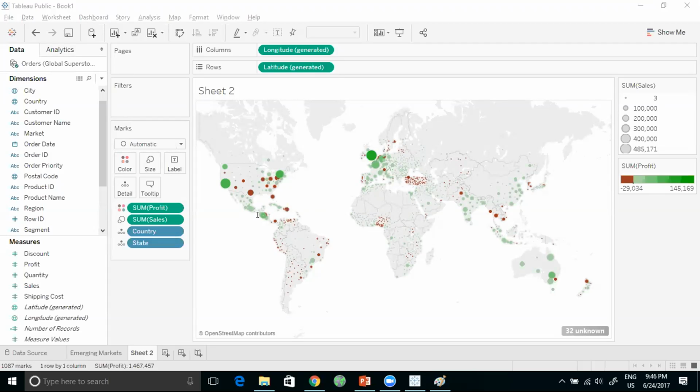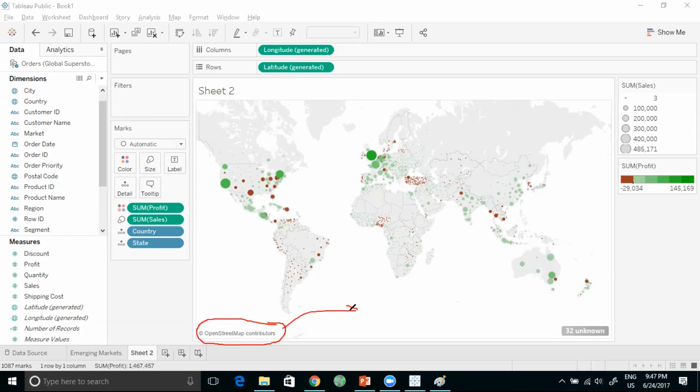Okay. So how did your Excel data map to the world map? That's a great question, George. George, as you can see, you have latitude and longitude. These have been generated. So on the bottom left corner where you see latitude and longitude, it says generated, okay? Now, if you look carefully at the screen, I'll just show you right now, on the bottom left corner of the map, you can see OpenStreetMap contributors, okay?